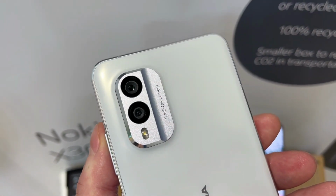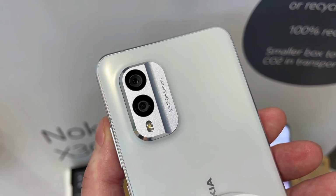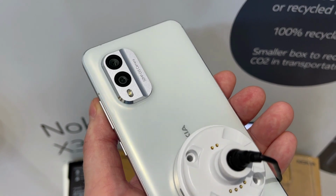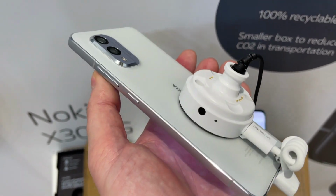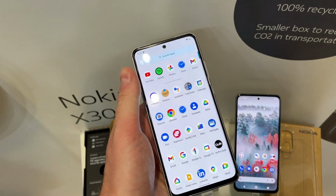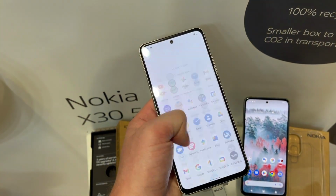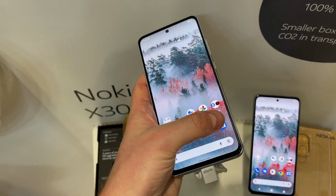However, this phone is dual SIM compatible, and in addition to that, it does support eSIM. Another bonus with this device is that it does support NFC, and in addition to that, it supports IP67 dust and water resistance. Now, with this device, we have a 6.43-inch display, which is an AMOLED display, which is great to see with a mid-range phone like this one. It is 90 Hz at 1080p, and it does feature a 20:9 aspect ratio with a hole punch for the